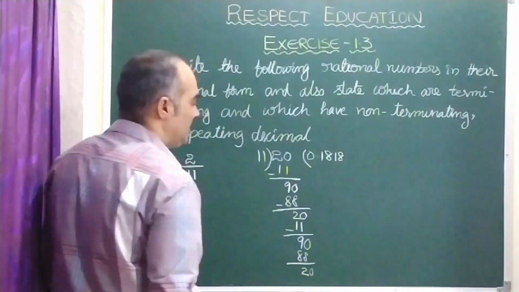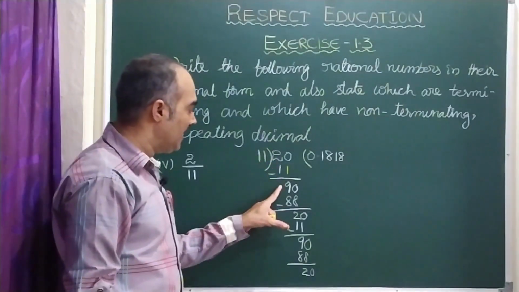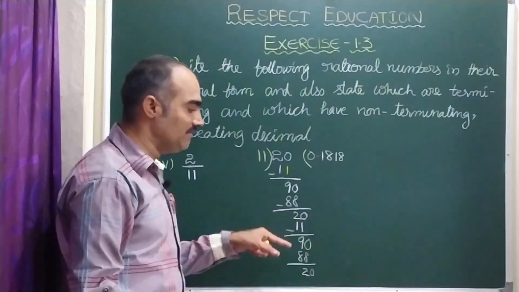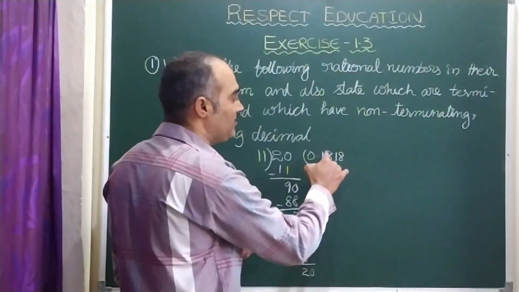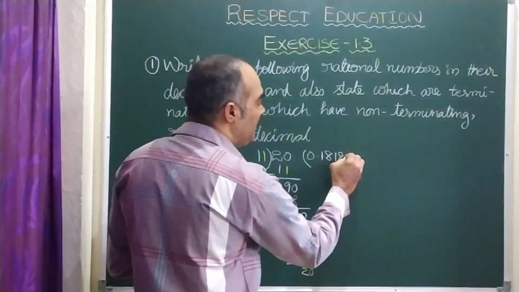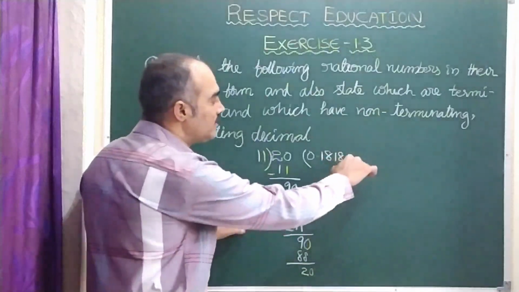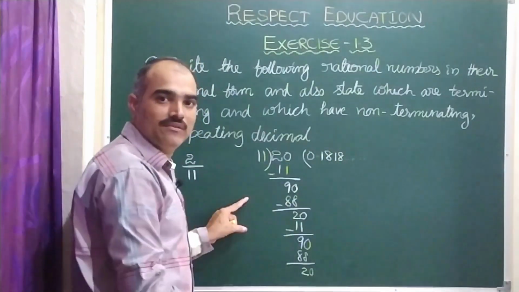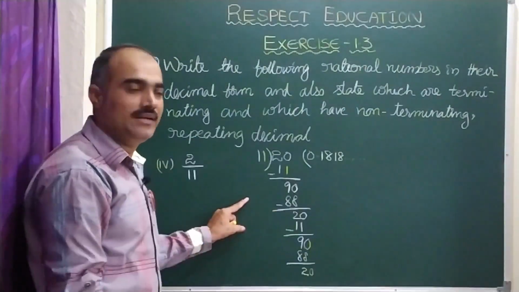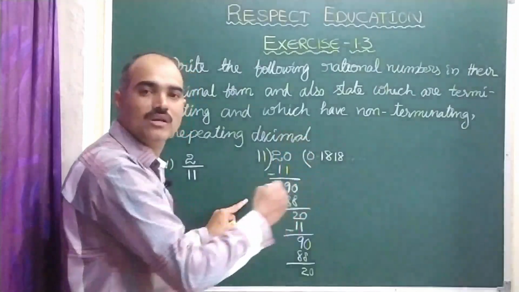If you observe carefully here, children, see 2011, 9088, again 2011, 9088. Here you see the answer 0.181818. So it is 181818, and so on. These dots indicate "and so on", which means it is endless. We can say it has no end. If you go on doing this, 18181818, it goes on coming like that.